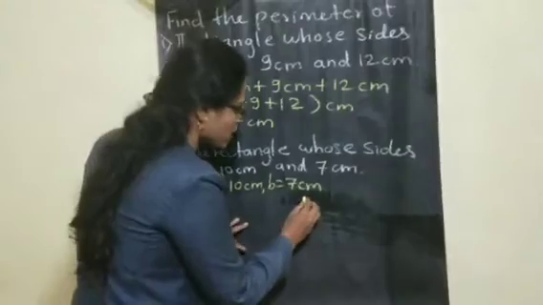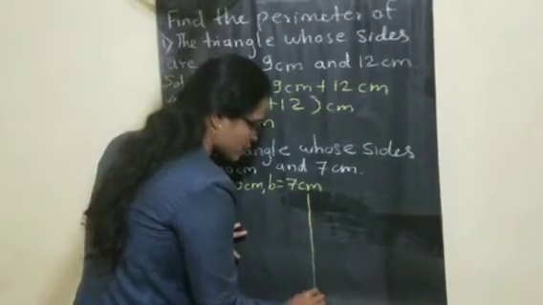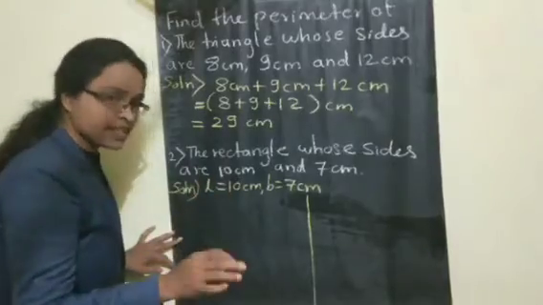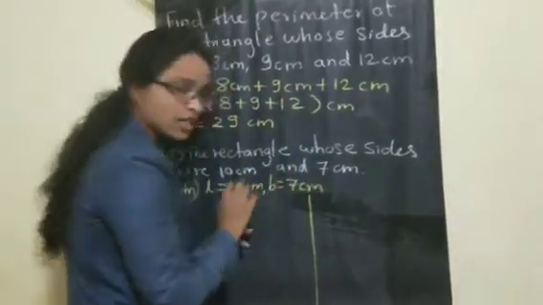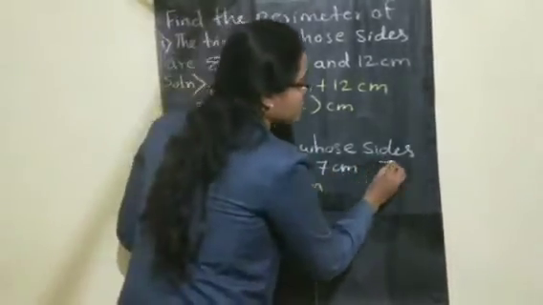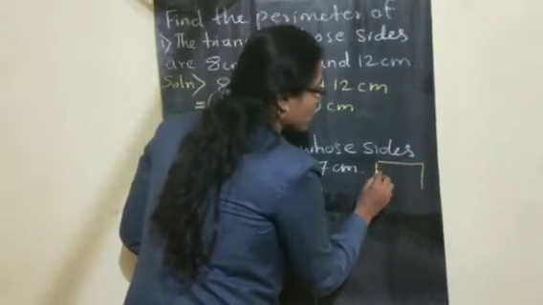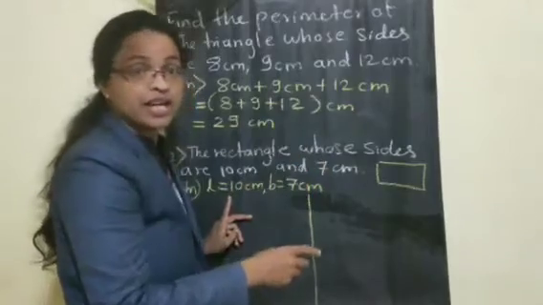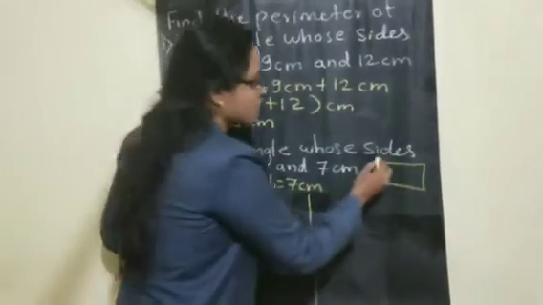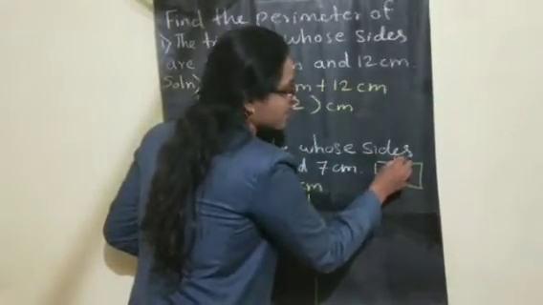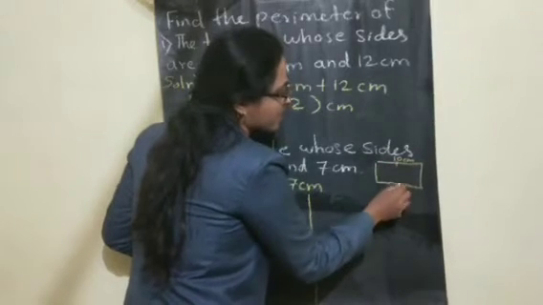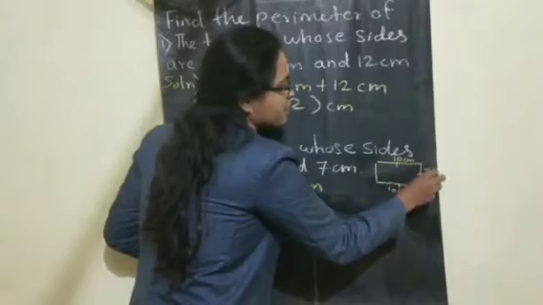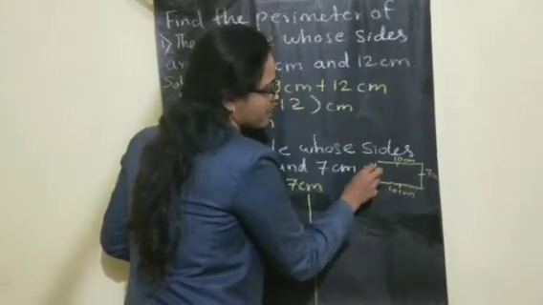Now I told I'll show both the methods. Whichever you like, you can follow. First method is very easy. If you are not understanding, children, on rough side, you people can draw one rectangle and write the sides and keep them there to avoid confusion. So length is bigger, means 10 centimeter. Opposite means again here also 10 centimeter, and breadth is 7 centimeter and here also 7 centimeter.